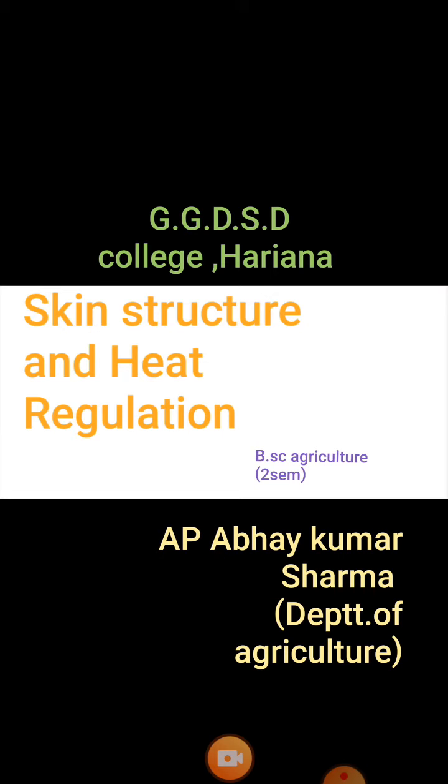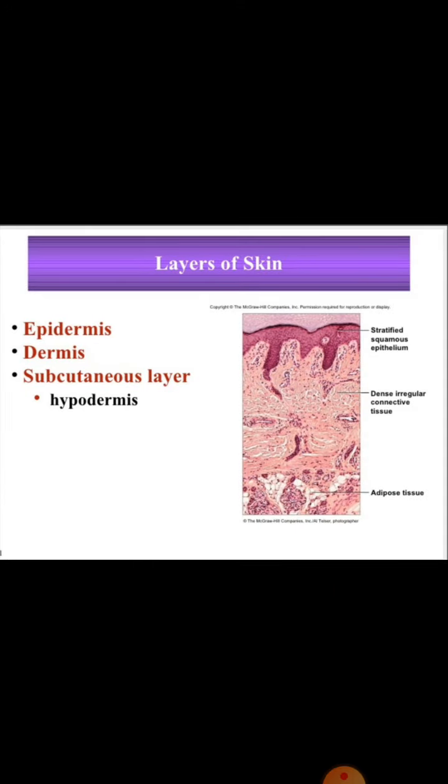Now I am starting with your next topic, that is skin structure and heat regulation. This topic is of your zoology subject. In this lecture we will talk about the skin structure, the different types of layers present within the skin, that is the outer layer of our animal body that protects from external shocks and attacks. Here we will discuss first the layers of skin, that is epidermis, dermis and subcutaneous layer, that is